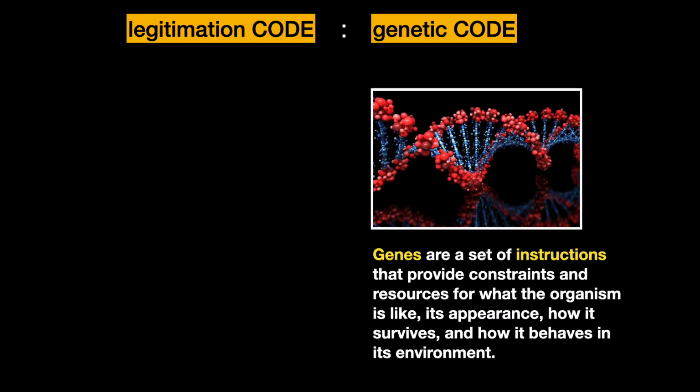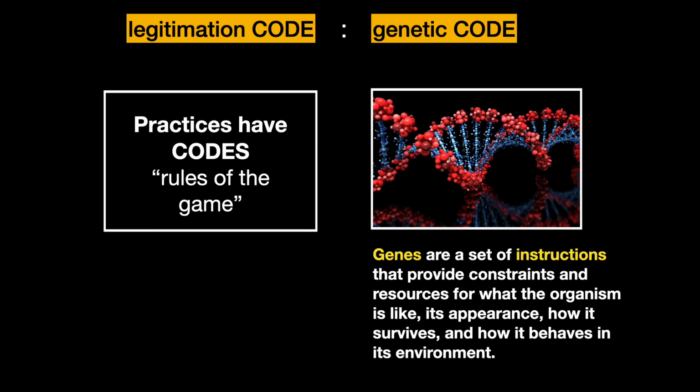Now, roughly speaking, we could say that genes are a set of instructions that provide constraints and resources to what the organism is like, its appearance, how it survives, and how it behaves in its environment. And notice the wording here. Genes do not determine us, but they provide constraints and resources. So, by rough analogy,